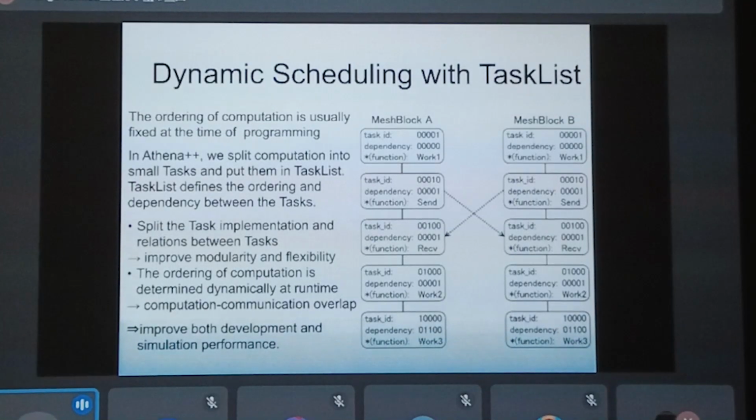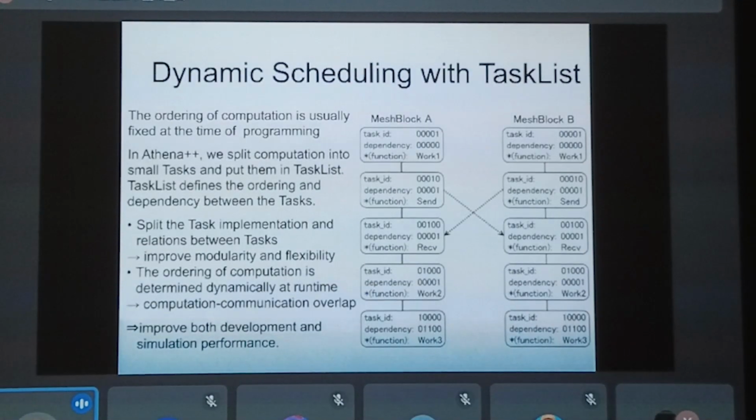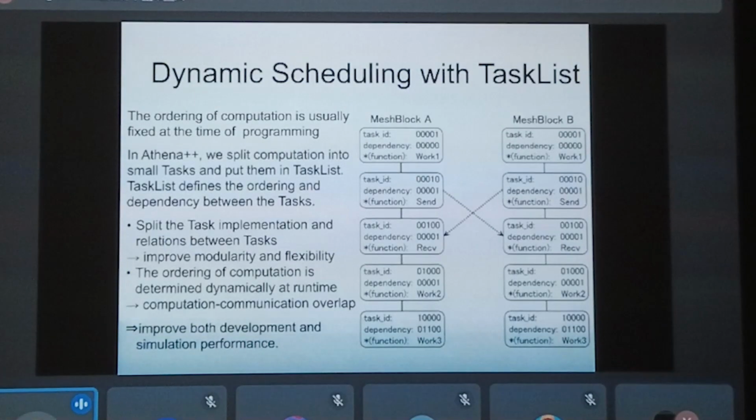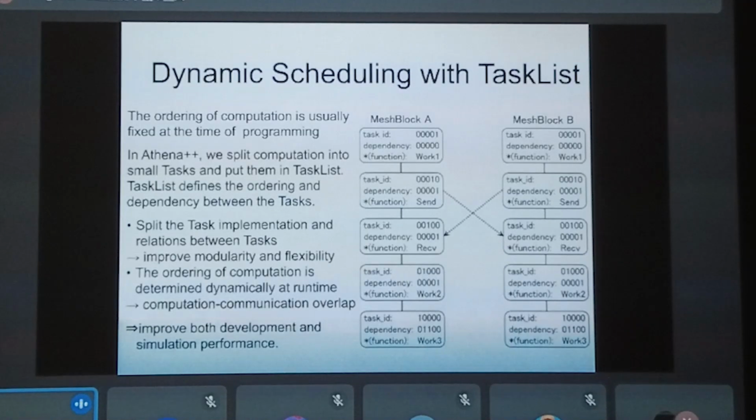But sometimes it is very difficult to predict the behavior in advance. So we changed our minds. So in Athena++, we adopted this task list design so that the code can automatically change the ordering of tasks and maximize the potential to overlap the communication and the computation.